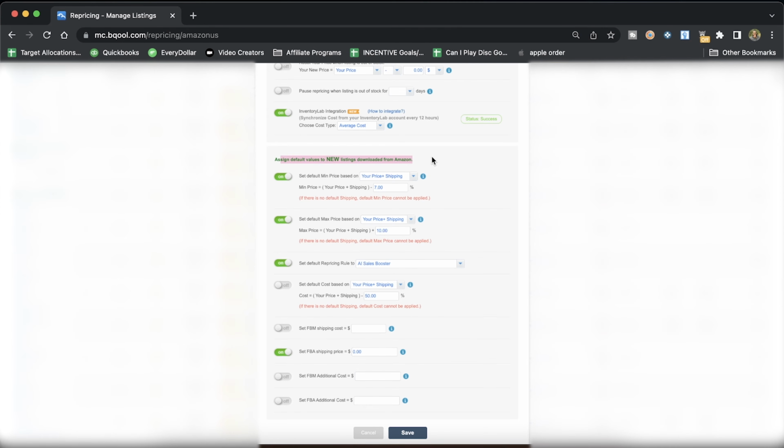So every day, they're going to search on Amazon for any new listings that you might have had, which you might have created through Inventory Lab. And this is what I do to make sure that I don't even have to go in here after I send new products in, because it'll automatically reprice for me. I have a